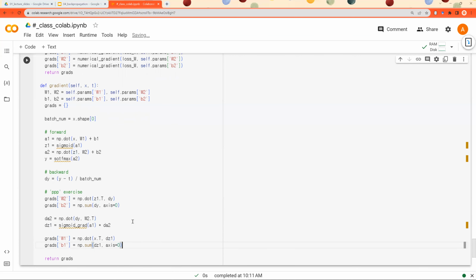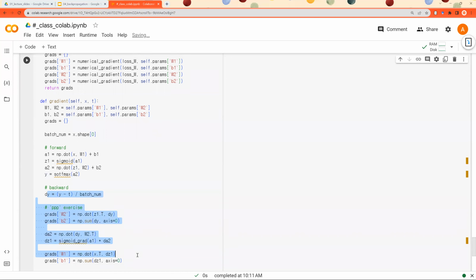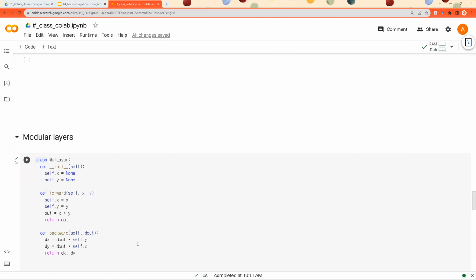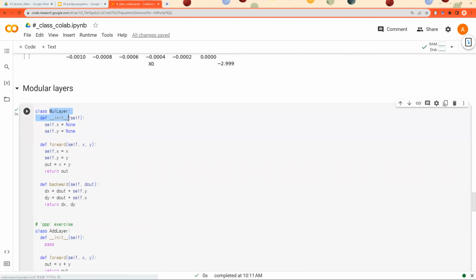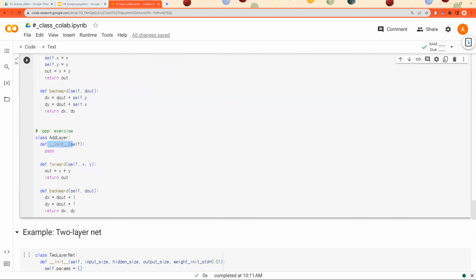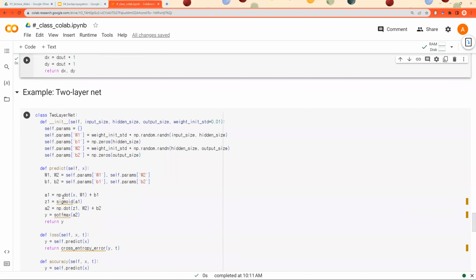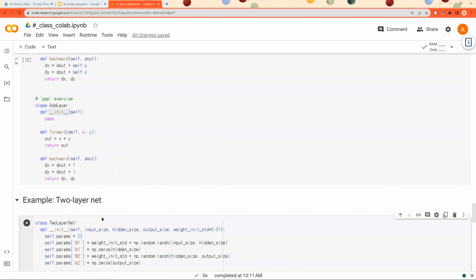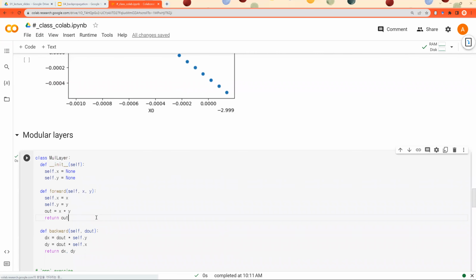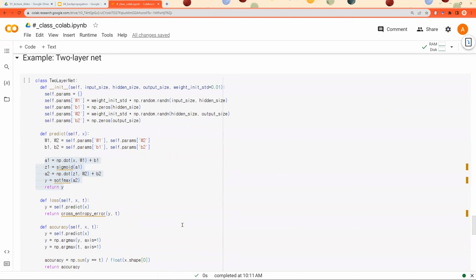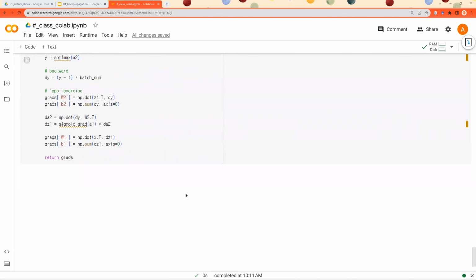And the thing is, here we use analytical gradients. However, we can put the mul layer or add layer to implement our two-layer net. So you can perform these operations using these modular layers. That's also possible. Okay, and let's implement this. Let's see how we can do this